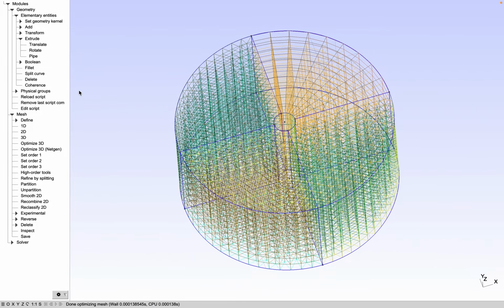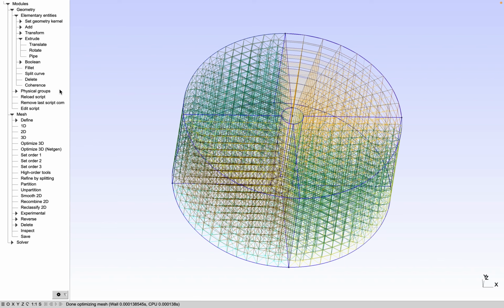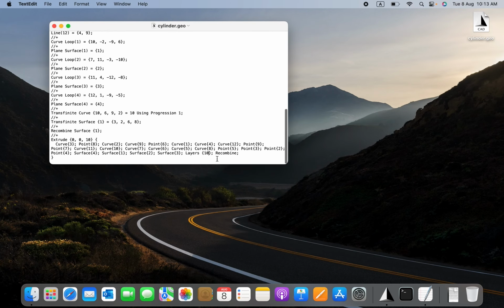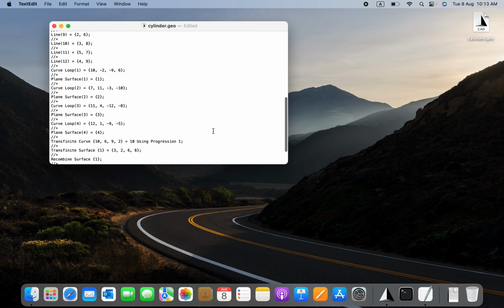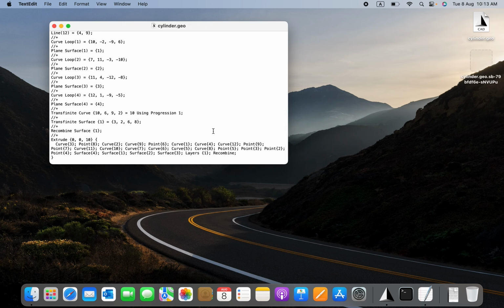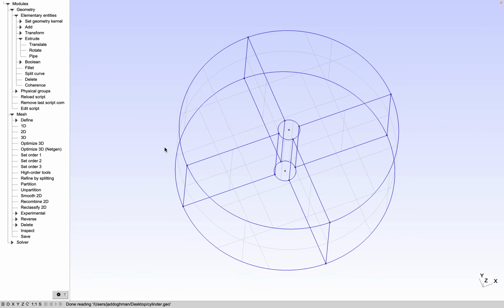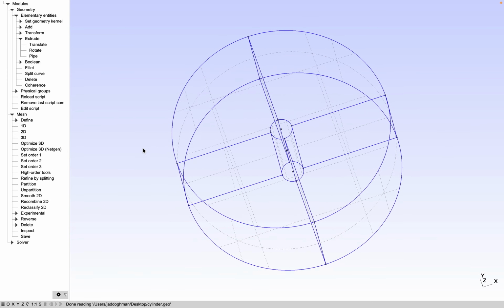so in this case, let's make it simpler. I'm going to go back to the script here and modify this to 1. Here there's everything. You see here I precise curve, all the curves, all the points, all the surfaces, and yes, so save and go back and reload. And alright,